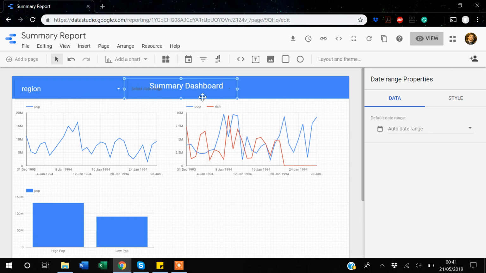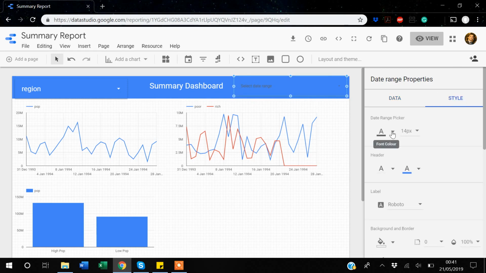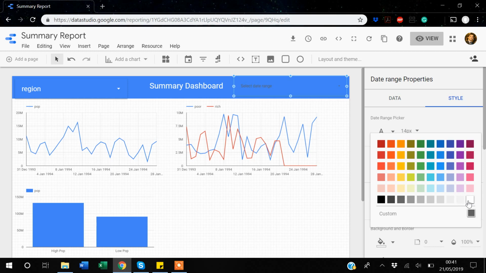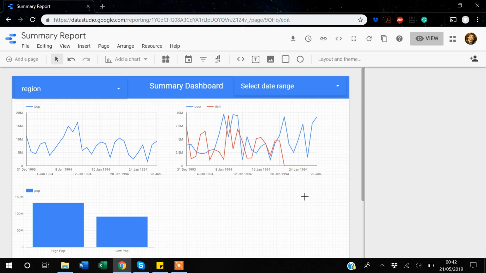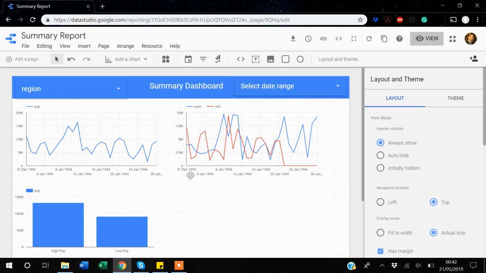So I will say date function. I can go to the right side this time. I can change the styles to make it a bit more prominent. Right, increase the font size a bit to 24. So things look fine now. Currently we have very little data, almost 1.5 months. So if I go to my view mode now,